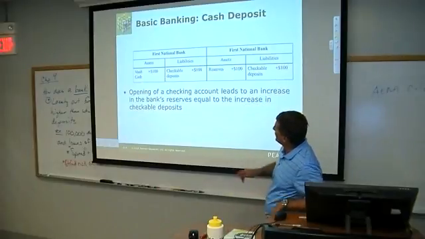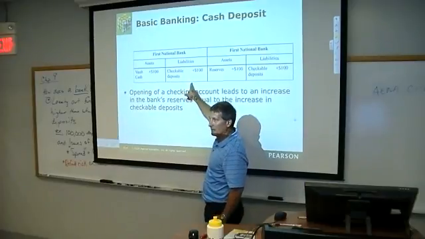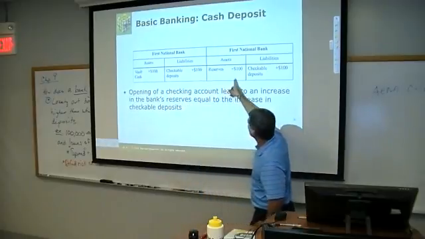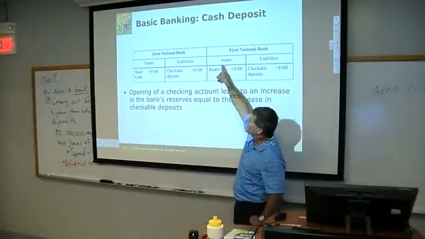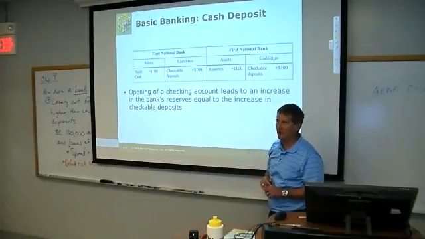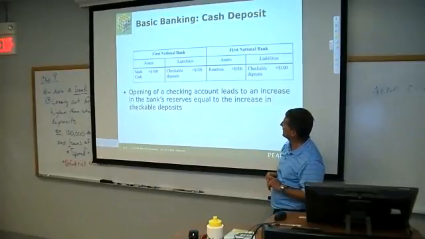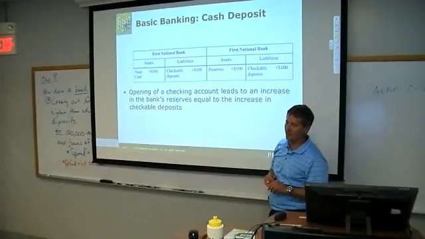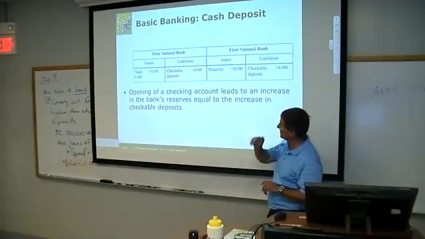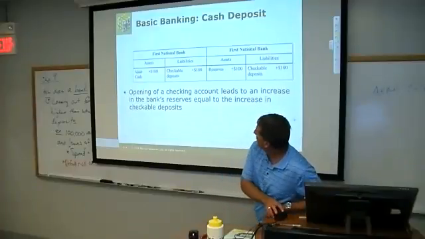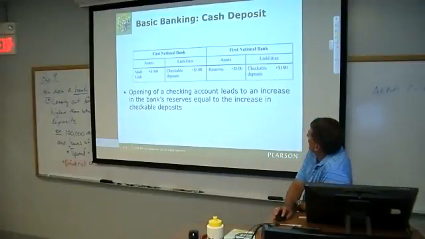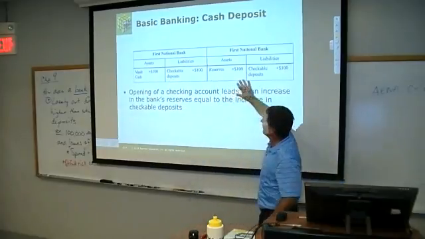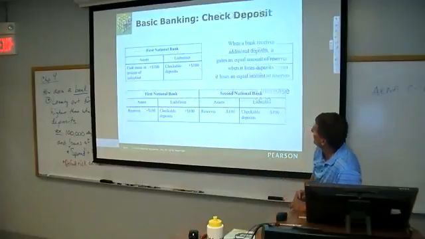Now I took on a liability of a checking account deposit to McCullough, and I have cash. That cash then becomes what we call reserves for the bank. So there's an increase in reserves. Guess what they can do with reserves? They can loan them. That's the start of our process of getting into the bank loan process. So we just got these two snapshots to say the bulk cash is part of our reserves. It's our first step in the lending process.